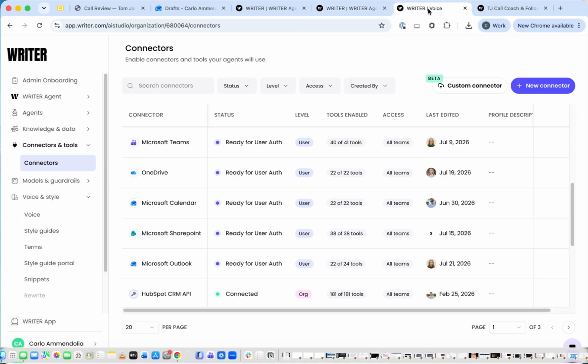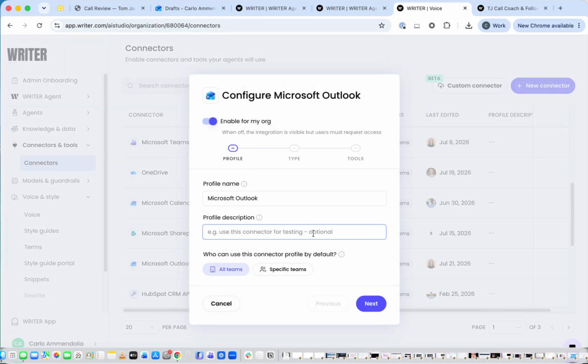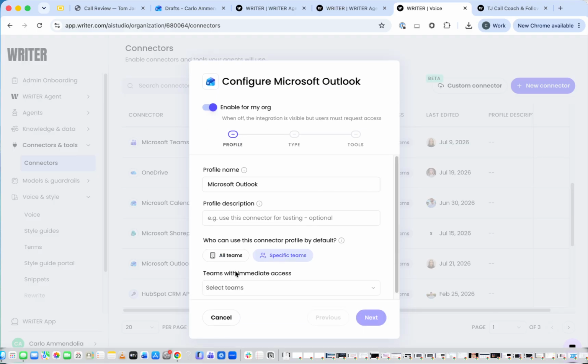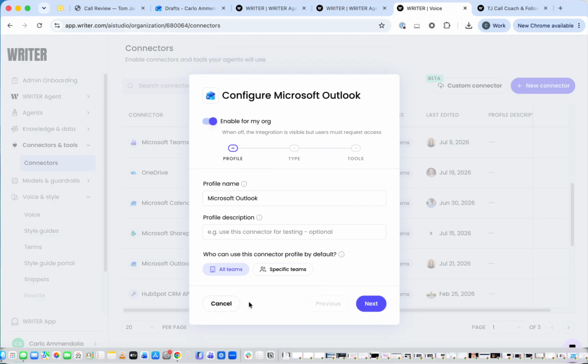And then on the connector side, peeling back the curtain, you see some of the things that we were connecting to, like Microsoft Outlook. And what John is really going to like here is the ability to edit these in specific ways as far as how they connect to specific systems.